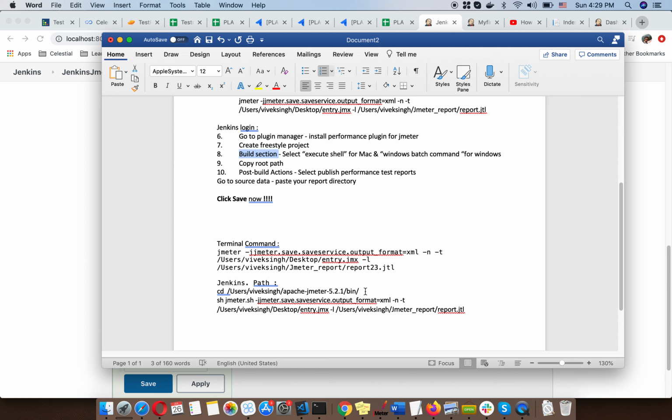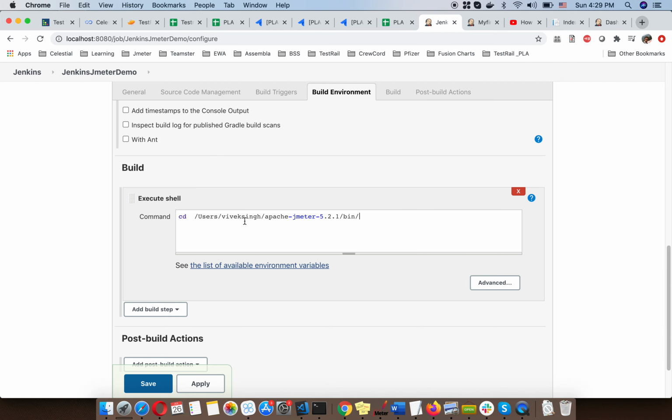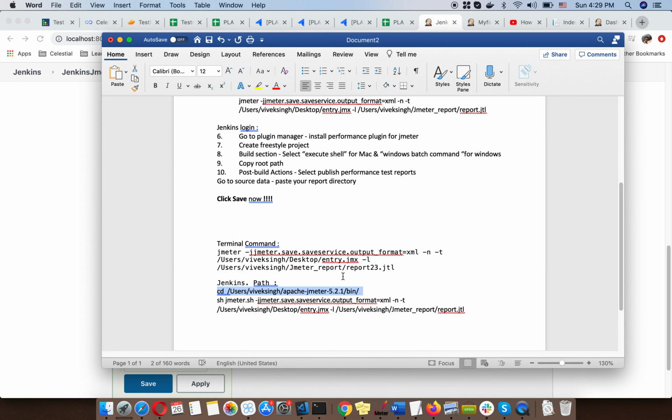First of all, in the very first line, just give this. What is this? Just give the path of your bin folder, the Apache bin folder, and give a root path so that it will directly fetch your root path. So first I copy this and paste this. Now hit enter. Now use this overall command.